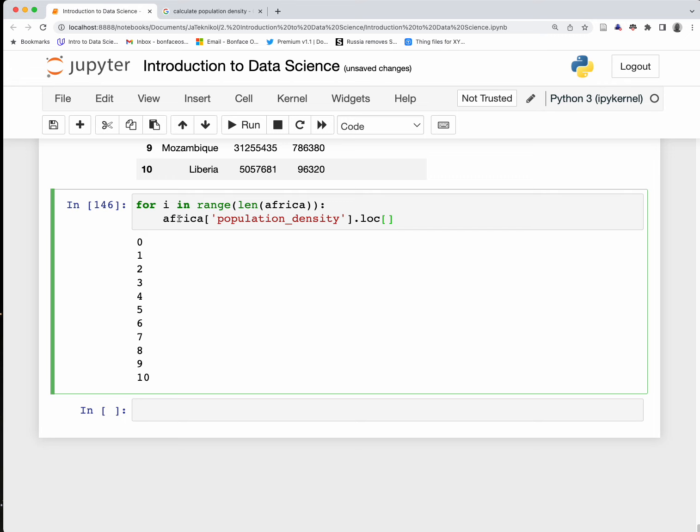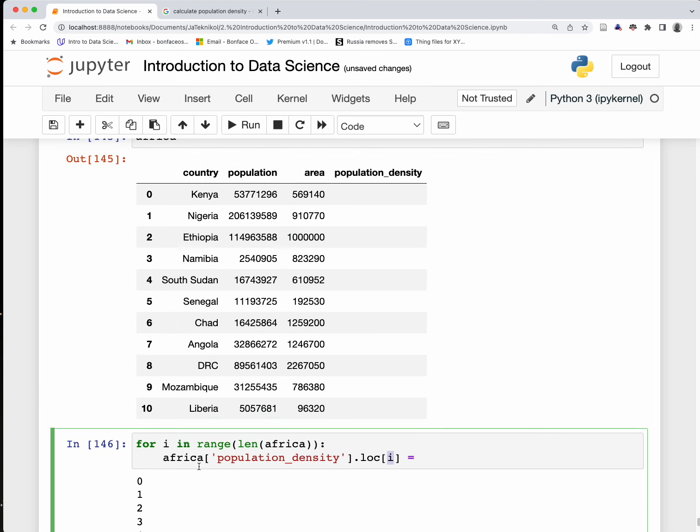So everything inside here is simply i. So it's going to be i, and then whatever is there, you want it to fill each point. So what I'm saying here is make sure that for every time you run this loop, go to the population density column, and i here, fill it with some values that you are going to tell it how to fill it. So the values to fill it will be